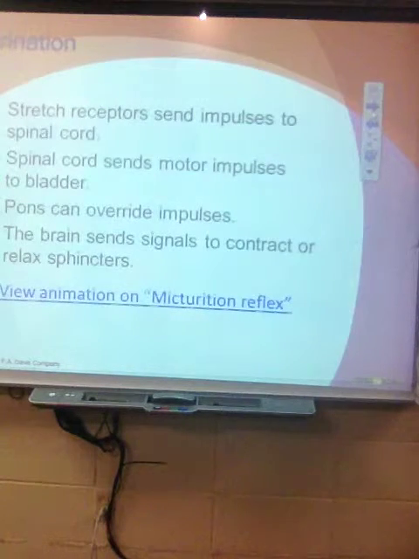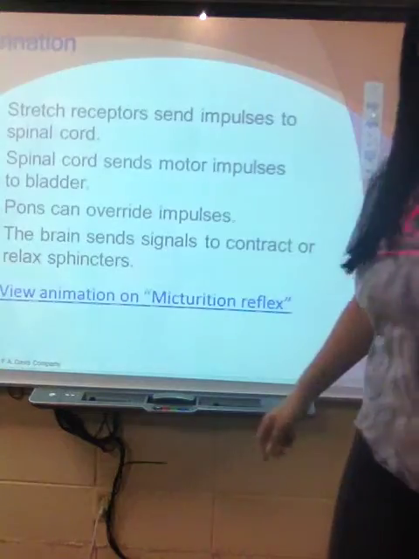Okay, urination, what causes it? We do have stretch receptors that send information to the brain, particularly the pons, and it says, hey, let's go ahead and pee. So, we got a